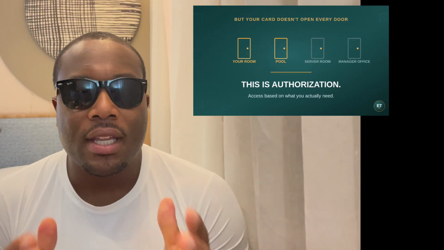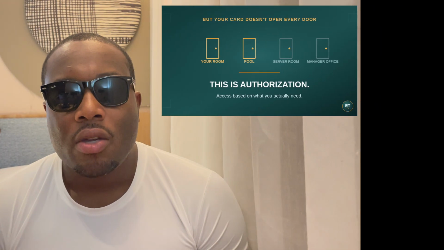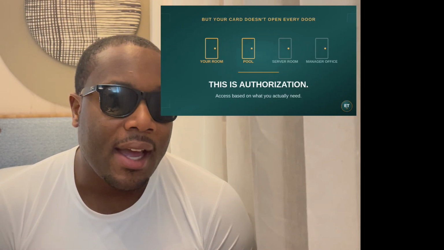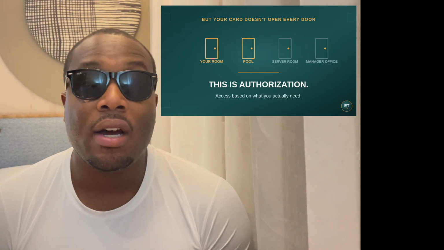So think of a hotel. Whether it's the Hyatt, the Ritz-Carlton, or the Holiday Inn, you go to the front desk and it issues you a card. When you get that card, you don't have access to every room in the hotel. You have access to your room, of course. You may have access to the pool, maybe the gym,